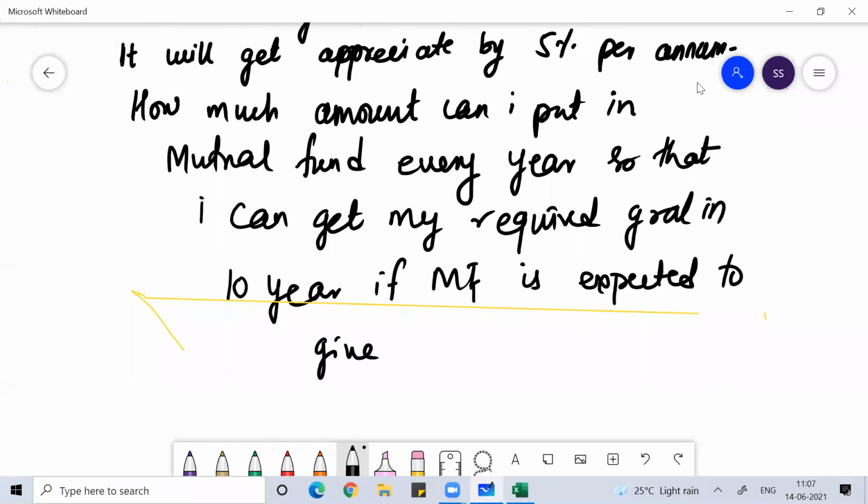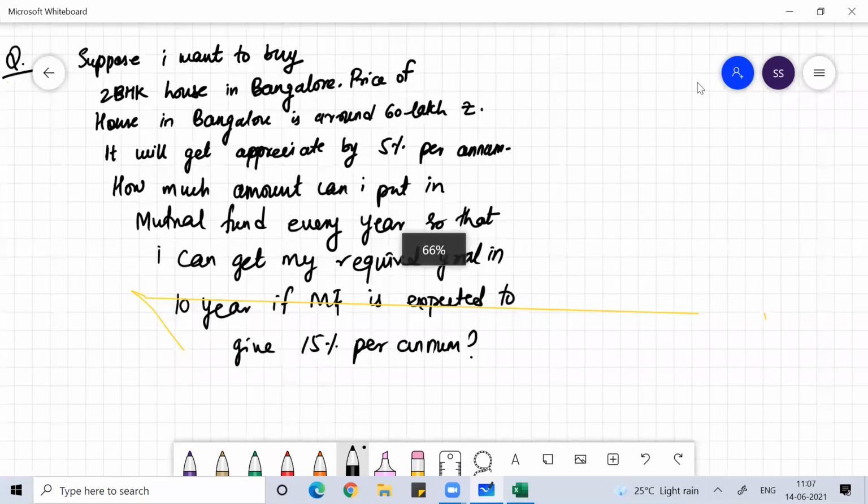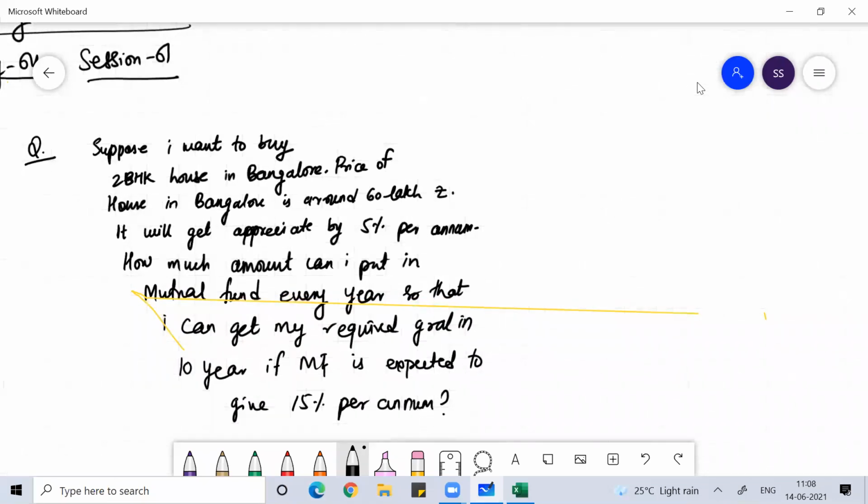Expected to give 15% per annum. Can you understand this question, guys? Anyone, any doubt with this question?